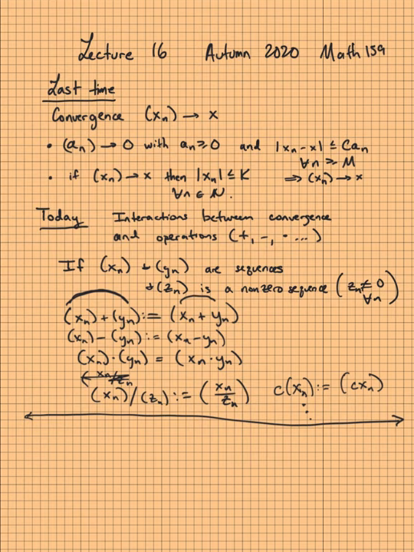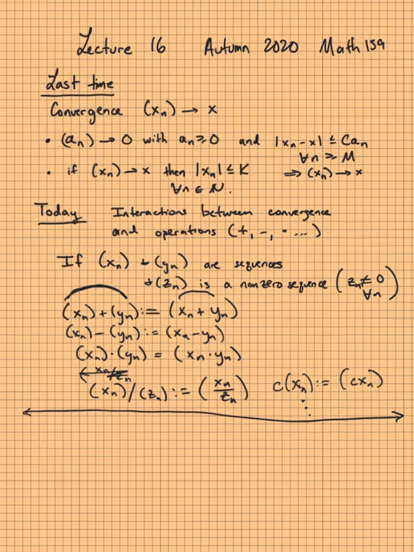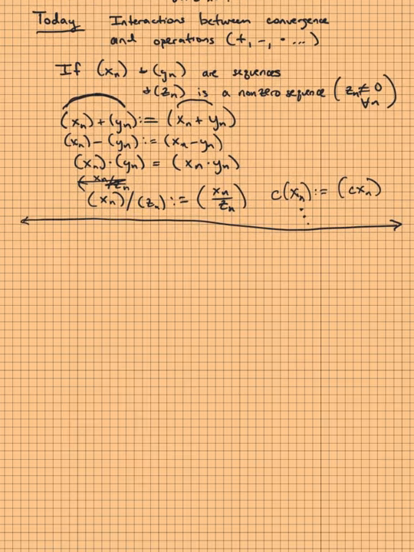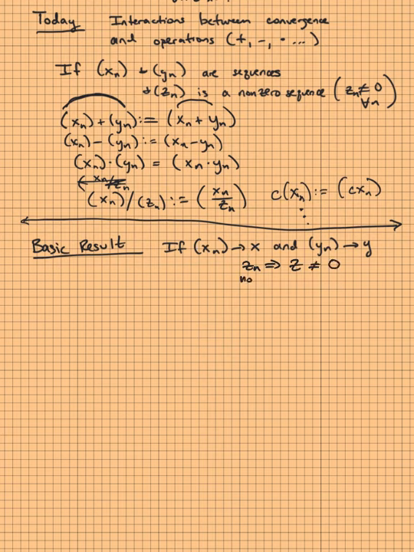And now you want to know what happens with convergence. Basically everything happens as you would expect. So here's a basic result. If xn converges to x, and yn converges to y, and zn converges to z not 0, I have to again assume this is non-zero, and also I need the limit to not be 0,